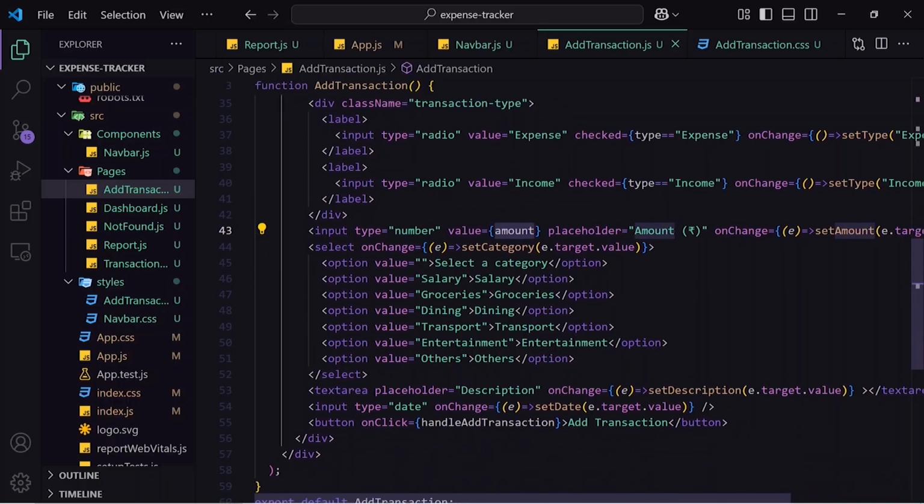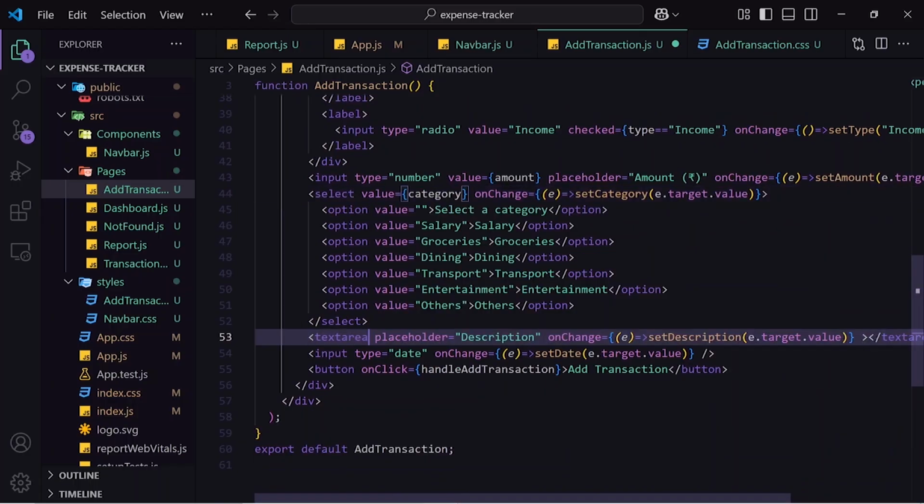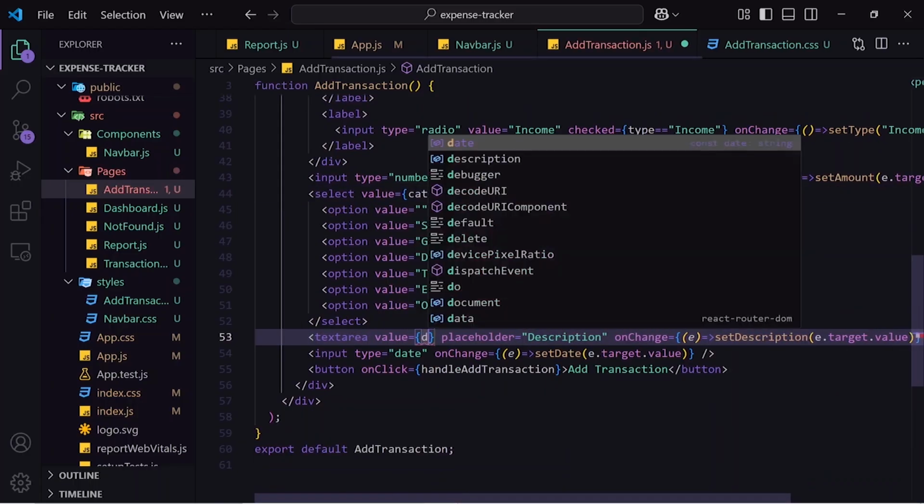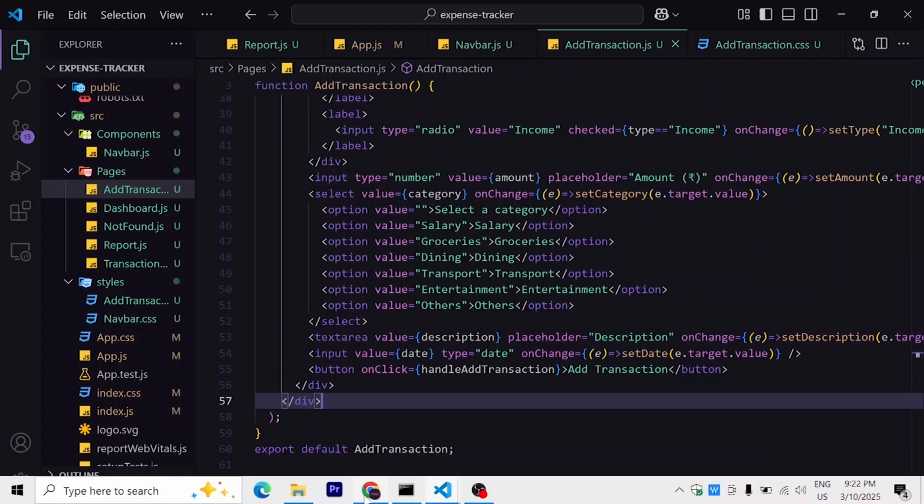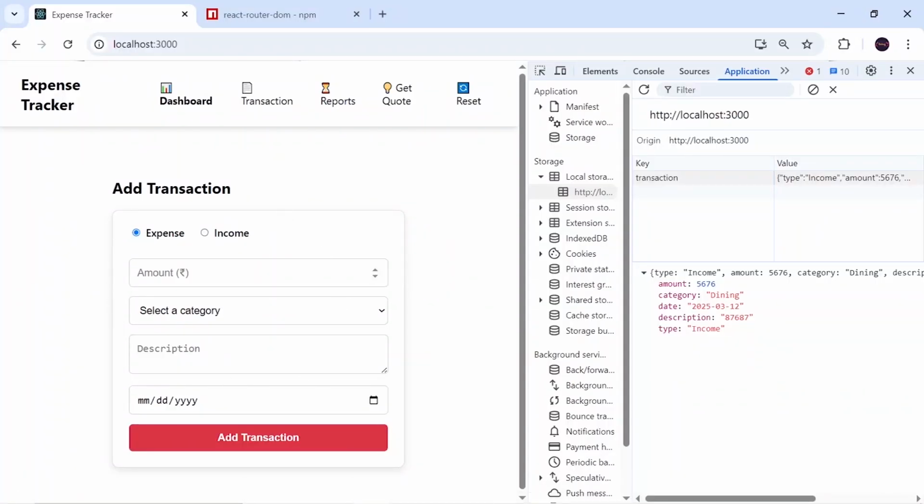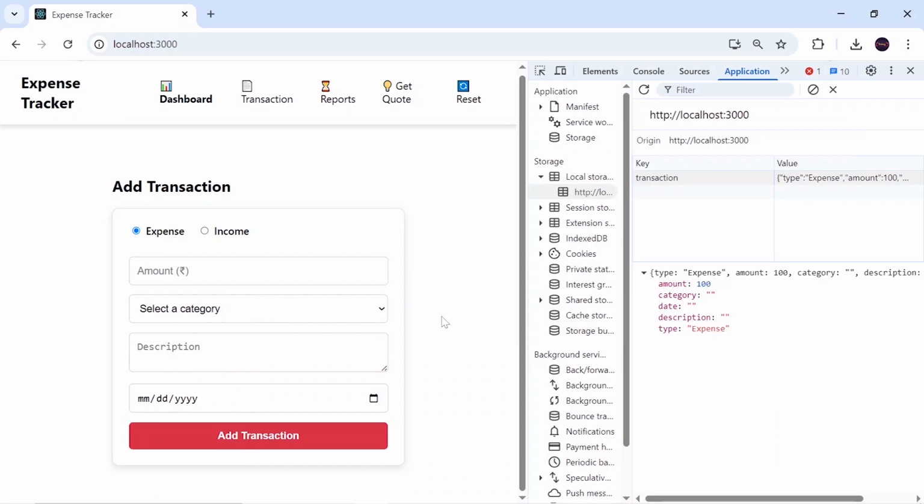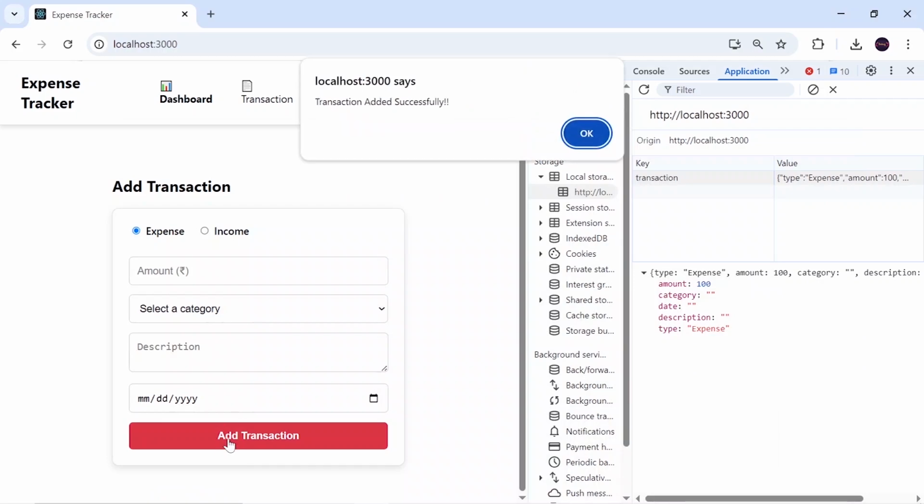So what we can do, we can just write here value and assign it to the particular state. Same thing for description also, value and the description and date. Save this, let's go there, and you can see it got empty. Okay guys, but you notice something, that even if I click on this, I'm getting transaction added successfully, but ideally